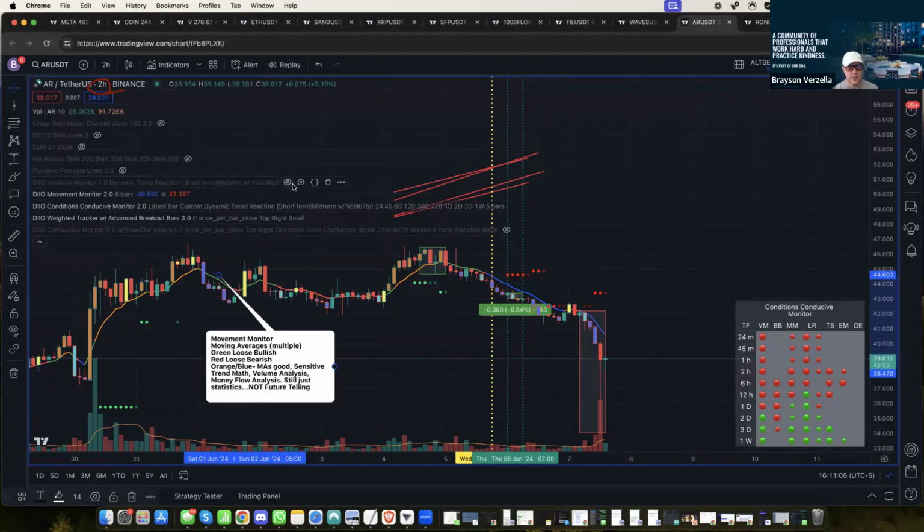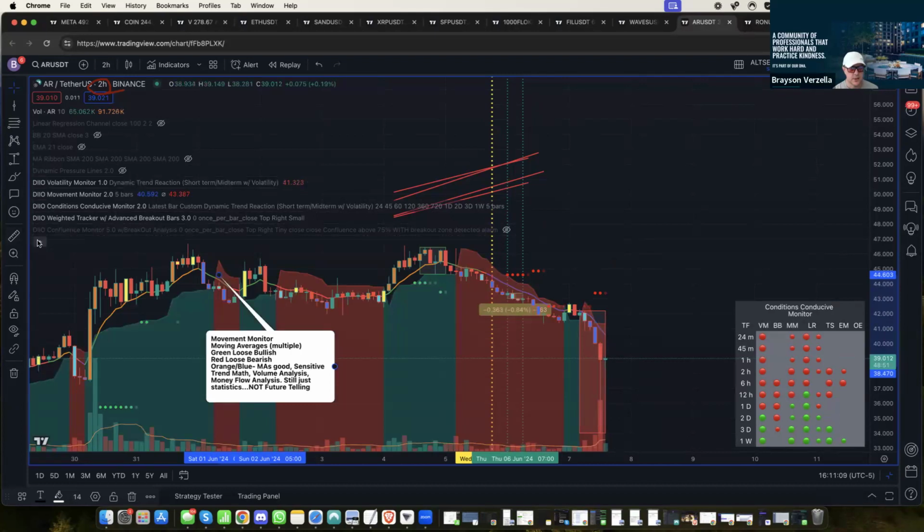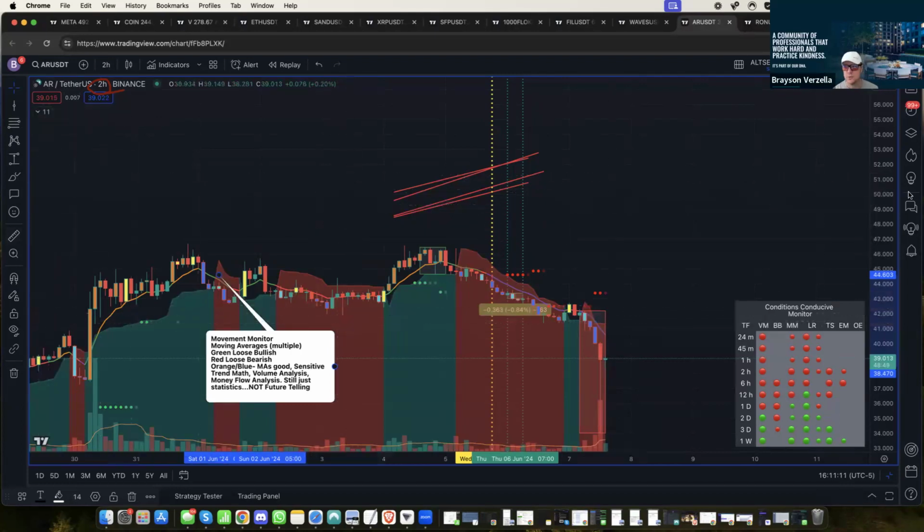So I'm going to open up the volatility monitor too. So when we do say those words, orange on green, we are talking about this candle, candle, and then movement monitor, and then the green. Yeah, on orange, this is the orange that it's on, and then on green is when we see the green volatility monitor showing up below it, which means that that's a support. It should, just statistically, it should serve, or could have a strong potential to serve as a support for price